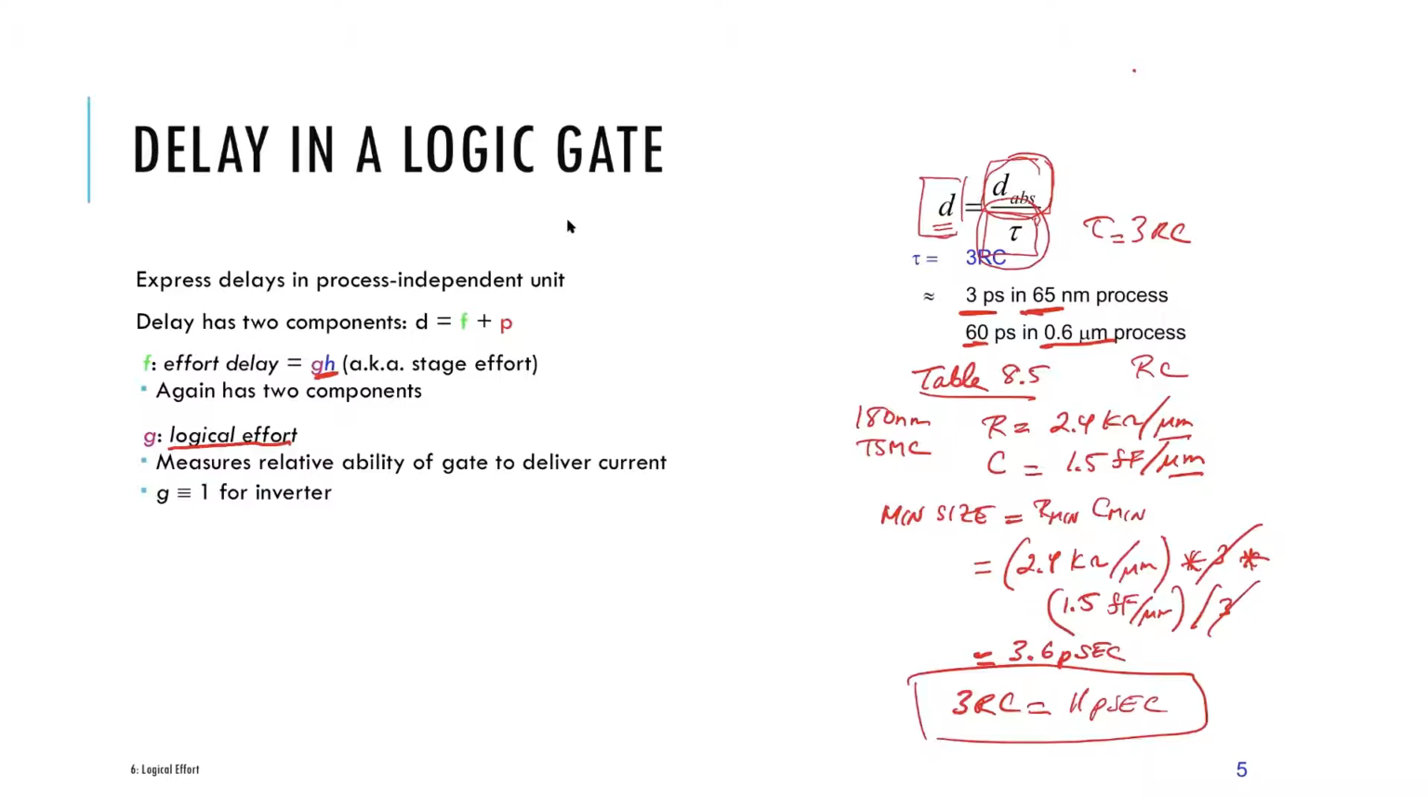Okay, so this logical effort measures how good a particular gate is compared to an inverter. Let's say, and I'll derive this for you guys, let's say G is 1 for an inverter, right? So that's our baseline. A NAND gate